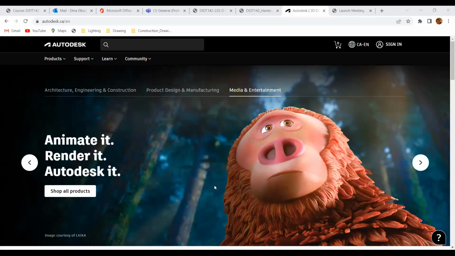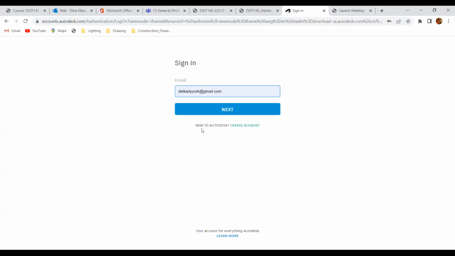Hello all. I'm just going to go through lecture one, where we explore how to install AutoCAD. With AutoCAD, we need to go to autodesk.ca, and you're going to need to sign in or register. So if you click here, this is my signing in credentials, but if you don't have one, you're going to go to